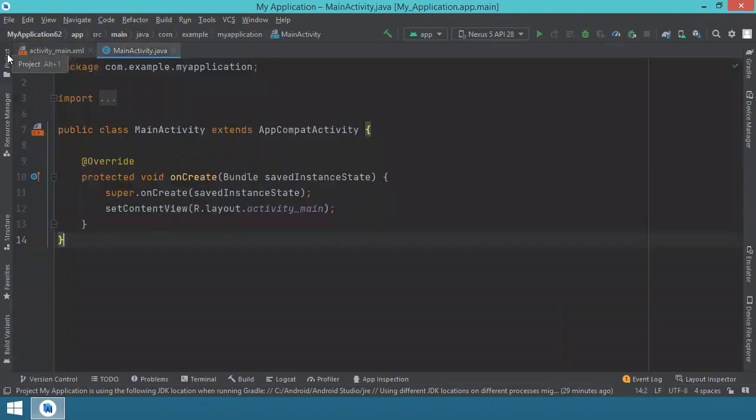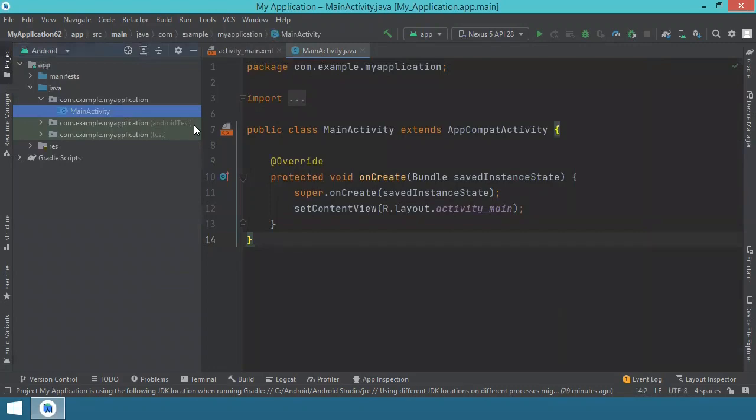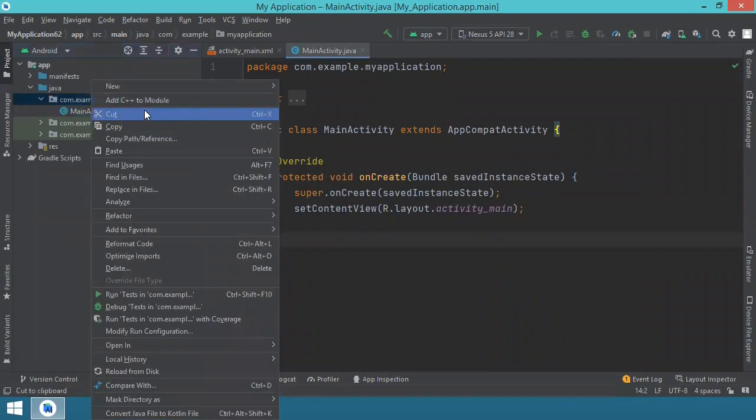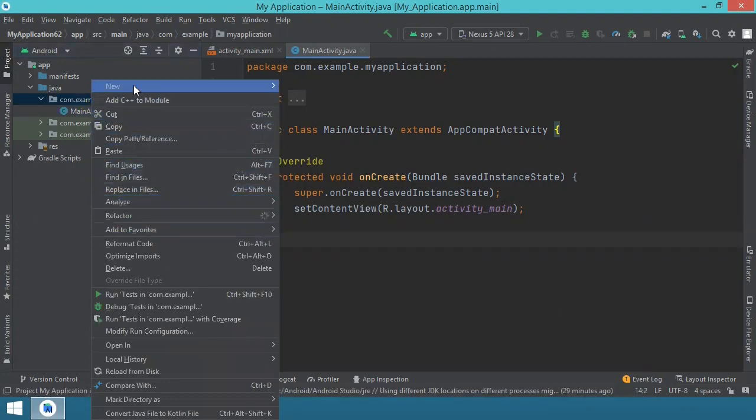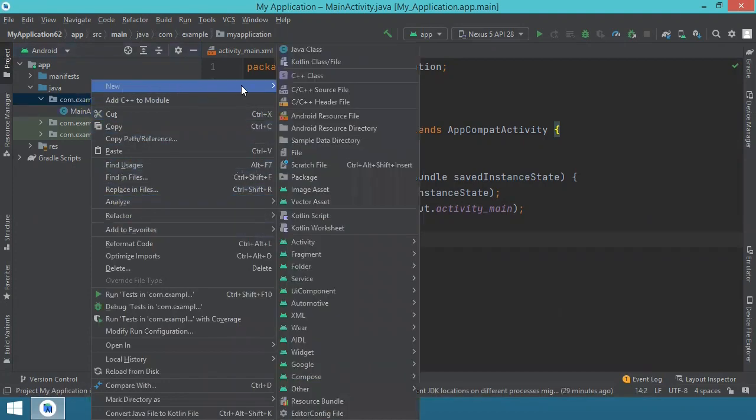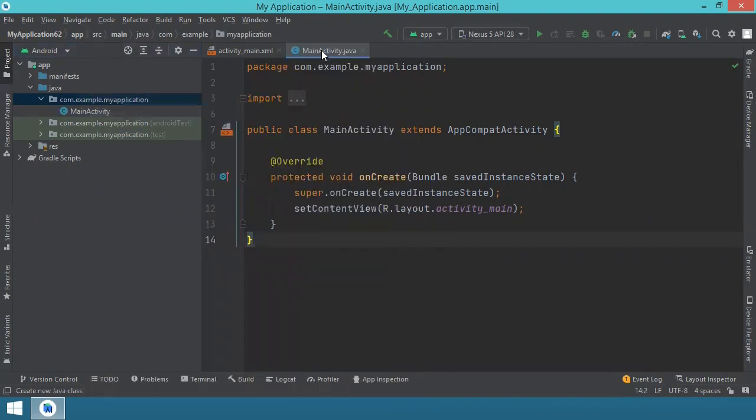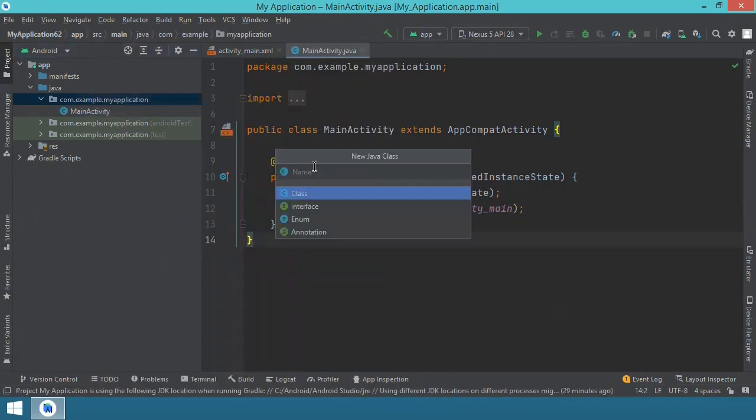Don't forget to save from time to time. And we will begin by creating a new Java class. And for this, you go under app folder, you have Java, you have your package name, and this is your main activity here. So click on the package name, you right click, and then you have in this menu the new option, Java class. You give a name, I say